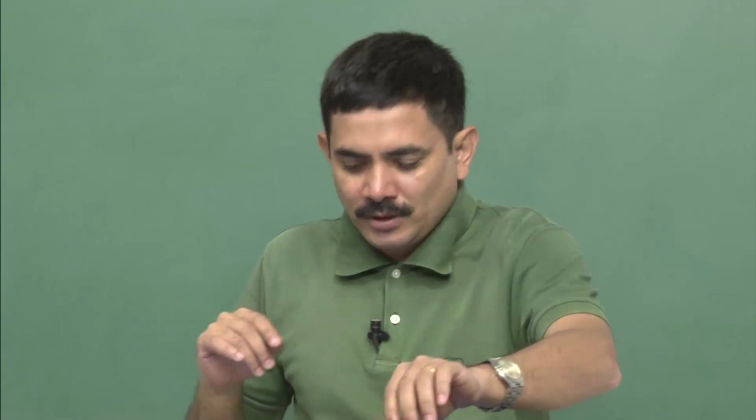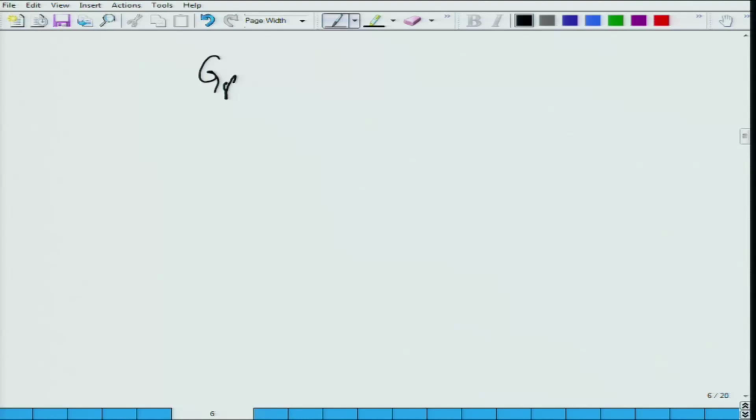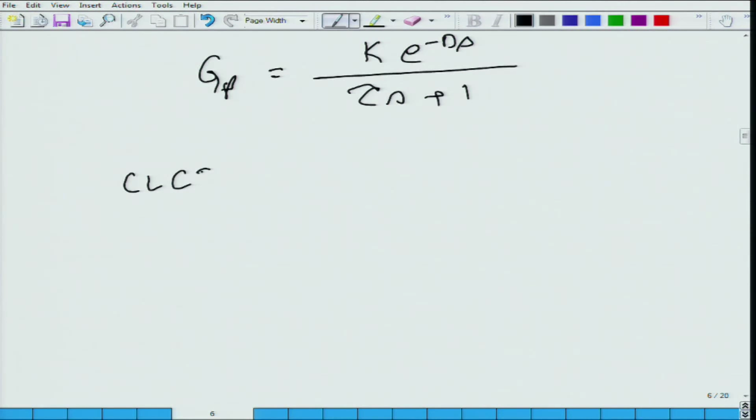All this is fine, but chemical processes are notorious in that they have got large dead times. So, a very typical transfer function would be G_p equal to first order plus dead time, k times e to the power minus d s upon (tau s plus 1). Now, if you look at this, the closed loop characteristic equation for a P controller, and let us say G_c is equal to k_c, that means it is a P controller,